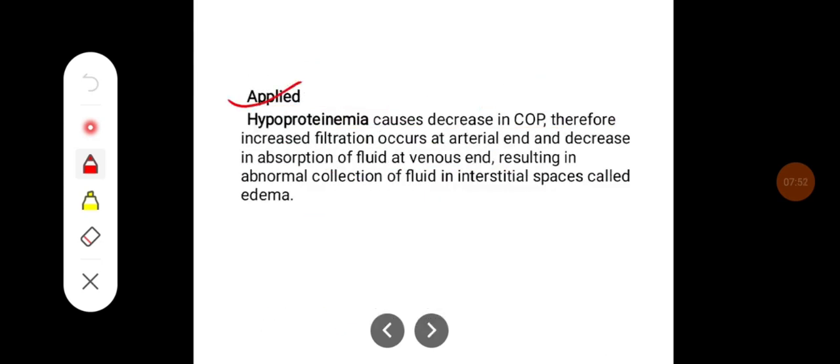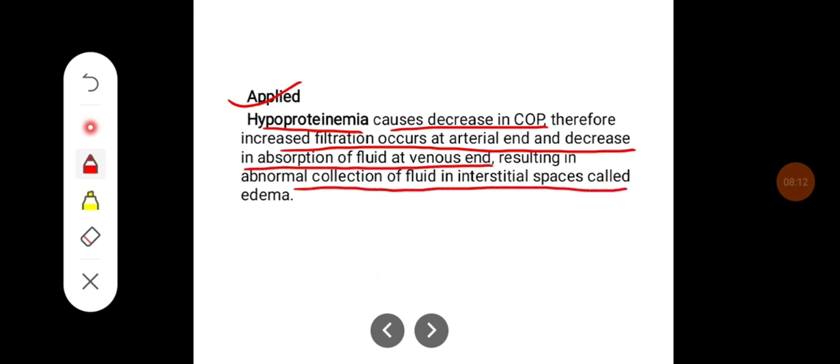Some of the applied aspects related to the lymph, that is hypoproteinemia, leads to a decrease in the colloidal osmotic pressure. Therefore, increased filtration occurs at the arteriolar end and decreased absorption of the fluid at the venous end, resulting in abnormal collection of the fluid in the interstitial spaces, which is called as